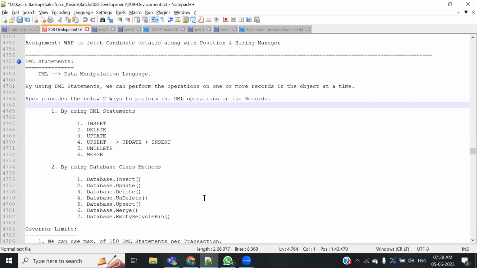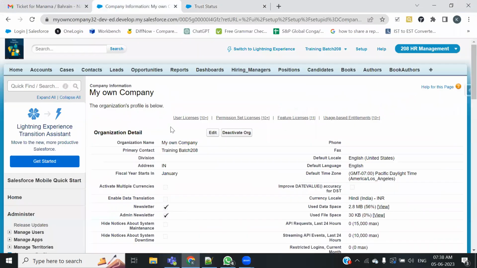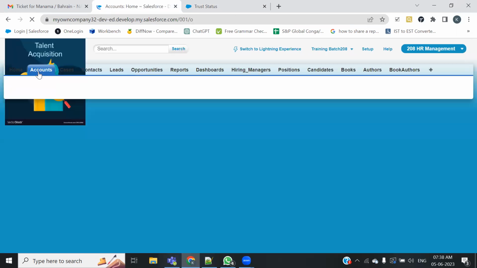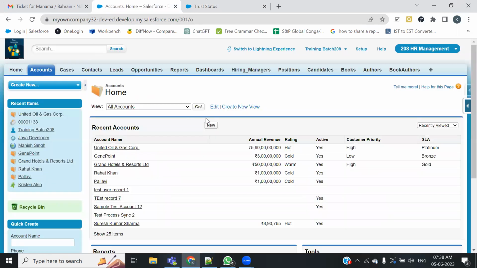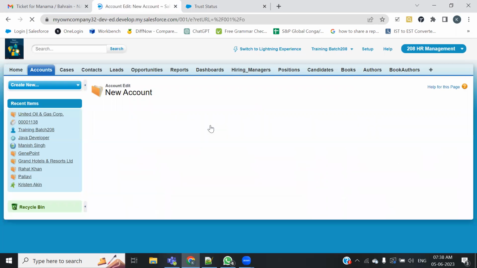So what is a DML, first of all? DML stands for data manipulation language. Now see, if you go to the front end, for example, to the account object, and press this new button,